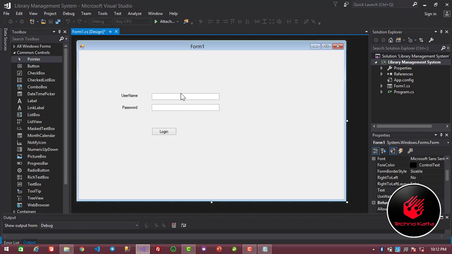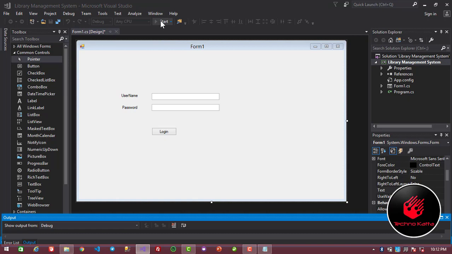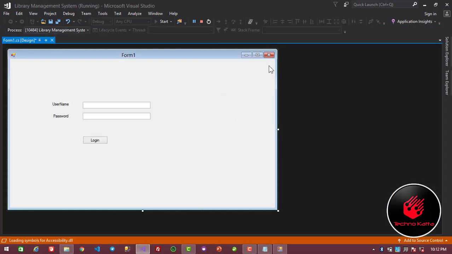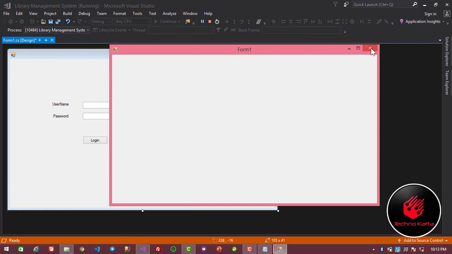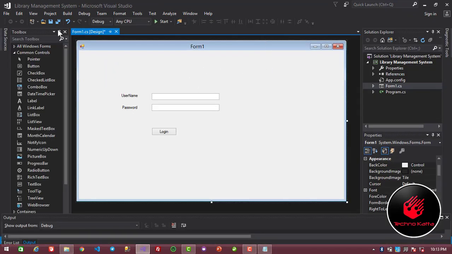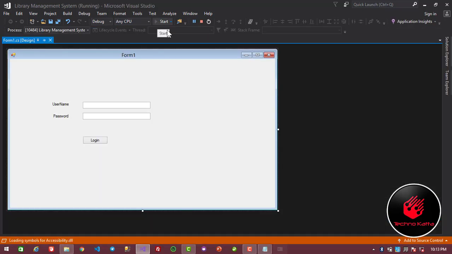We want to build and run this application, so simply click on this Start button. You have to click on the Start button.